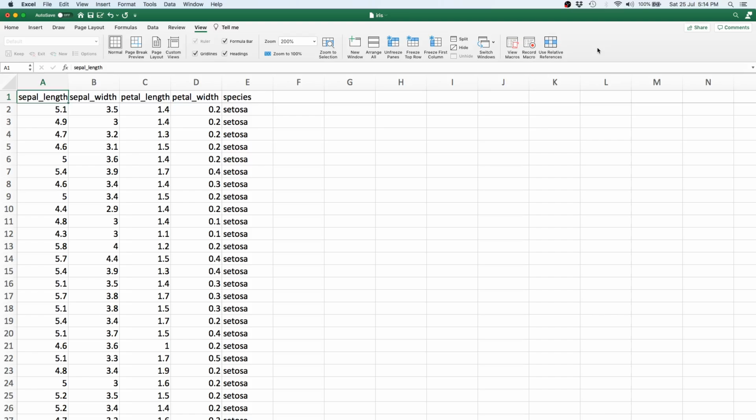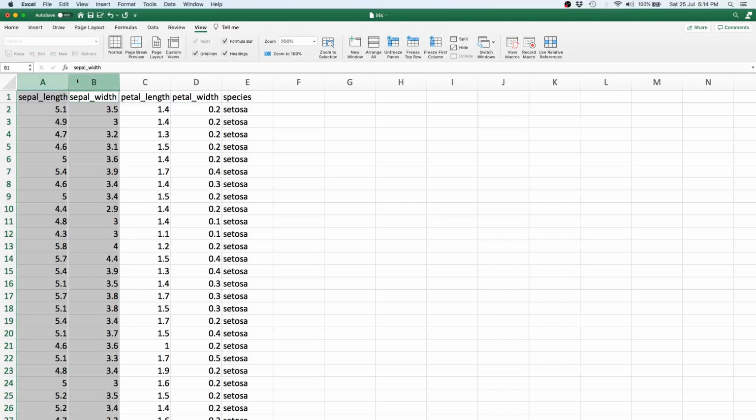Now, as we know, in order to do bivariate analysis, we are going to need two columns, either a pair of continuous columns or a continuous and a discrete column. So let's start with a pair of continuous columns, which is sepal length and sepal width. We know that one of the most useful graphical ways of checking correlation or essentially dependence between two continuous variables is to look at a scatter plot.